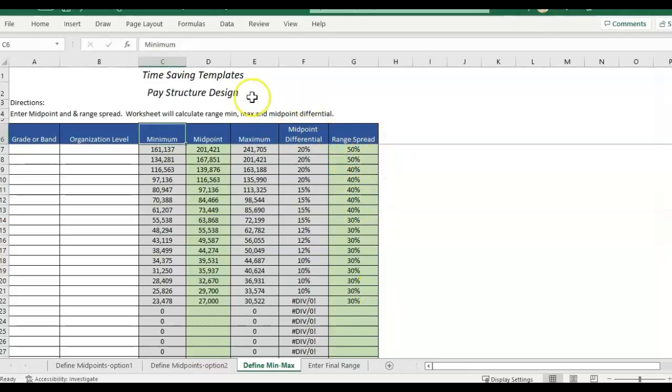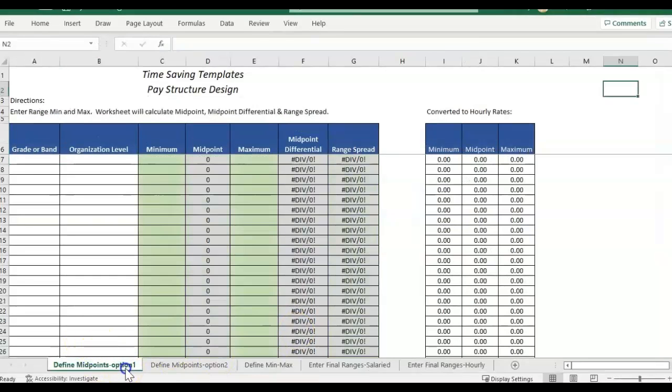Now, after we enter that in, then you'll see it calculates the min and the max. So we have some ranges here. So this template does come with another way to calculate your ranges, and I'm going to go over that in the next video. So stay tuned for that, but it's basically going to be for situations where you have the